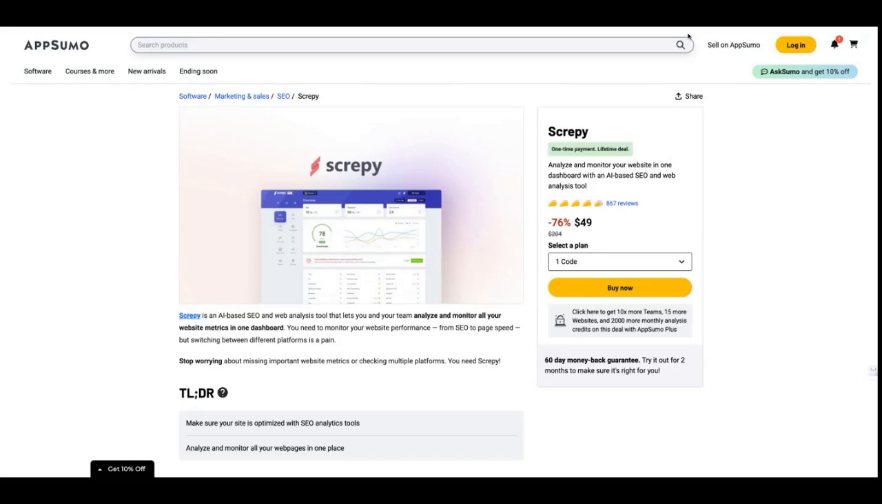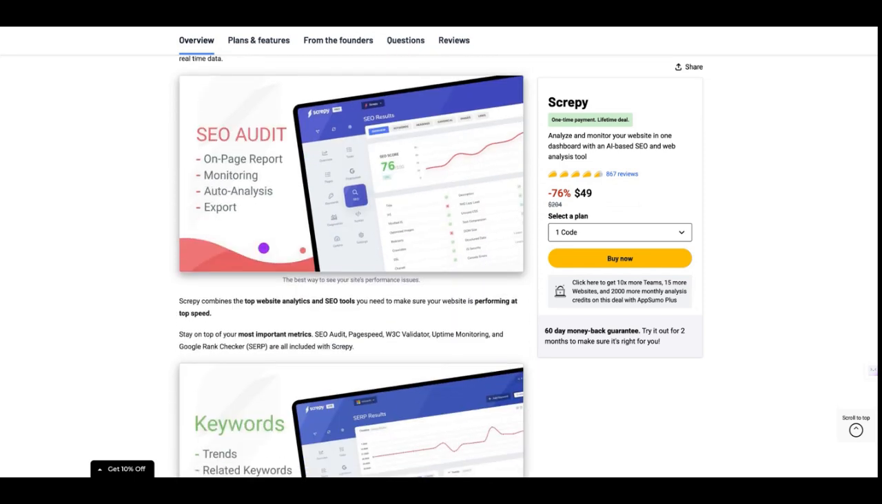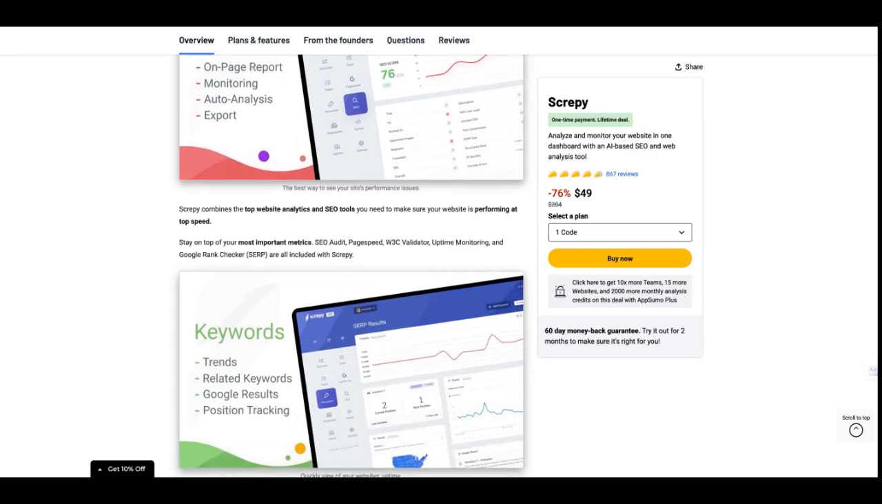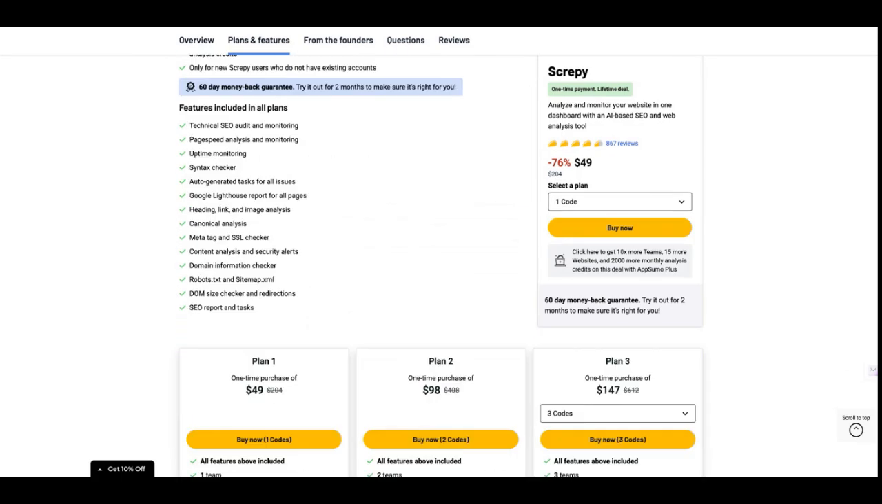Today analyzing Screpy, a tool that claims to analyze and monitor your website in one dashboard with an AI-based SEO and web analysis tool. It's a tool that will grant you access to a dashboard where you can see all your SEO metrics, page speeds, your preferred keywords. You can see that on the dashboard as keyword rankings, uptime to monitor your websites with notification response time, historical